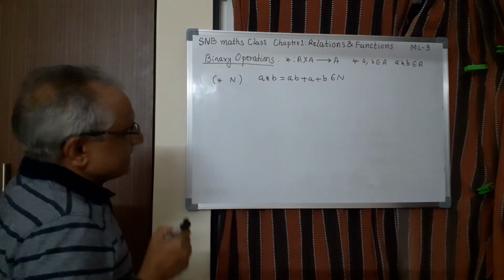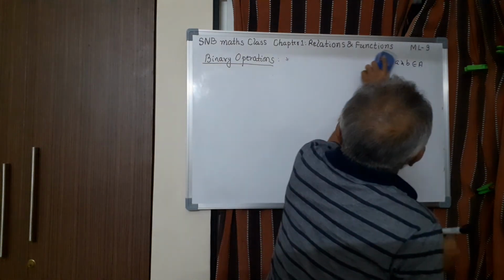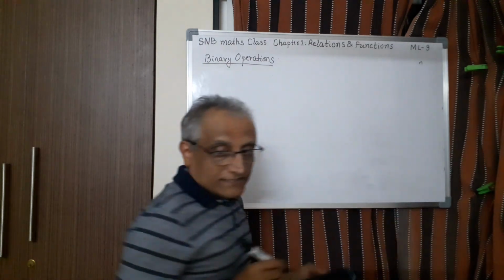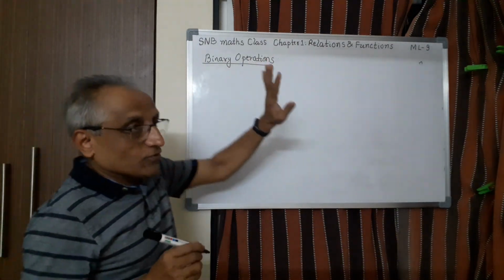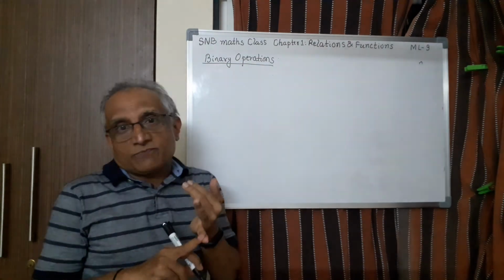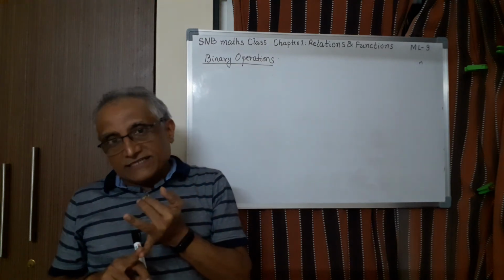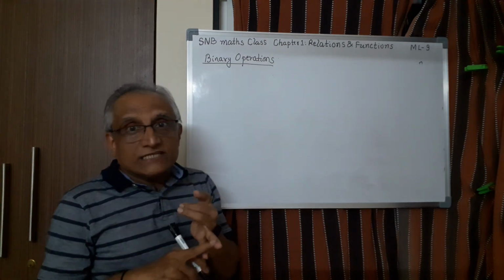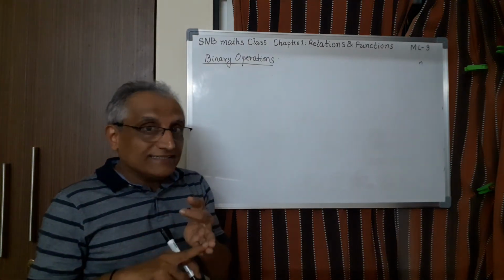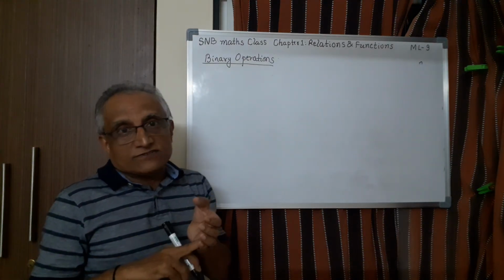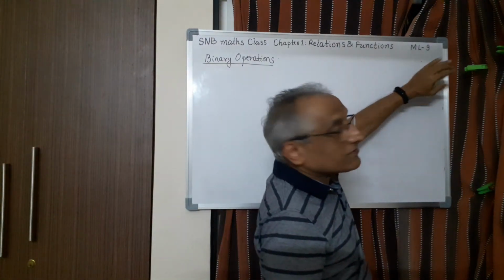Now today in this lesson, let us study a few types of binary operation, or properties of binary operation. Totally there are four. One is the commutative property of binary operation, that means some binary operations are commutative. Similarly, the associative property of binary operation. Then existence of identity, and existence of inverse. These are the four major concepts, and with this the chapter will be over.